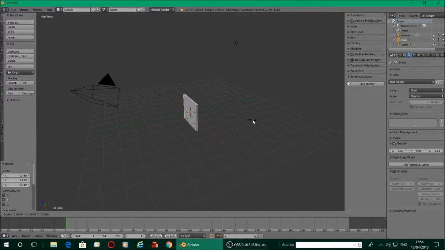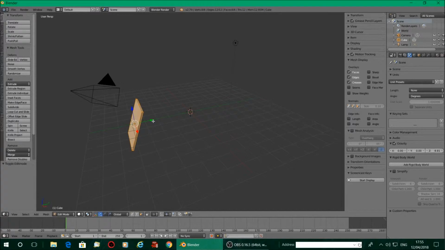If I can get it to go the right way, that's it. And I wanted them tilted inwards as well, so I'm going to rotate around the x-axis. And then move it out to about there, and then I was going to have a whole array of these plates in a row. I think what I'll do is I'll go into edit mode